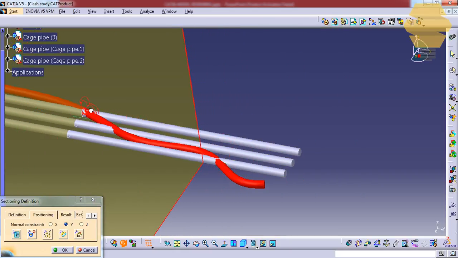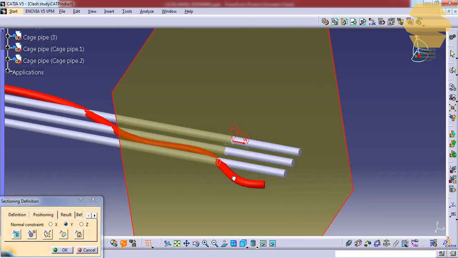We'll place it where we have that clash, or we'll place it over here,